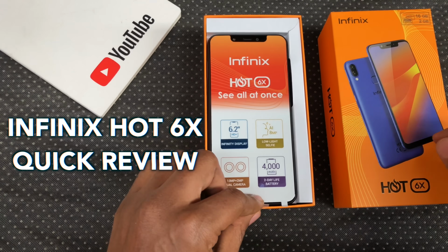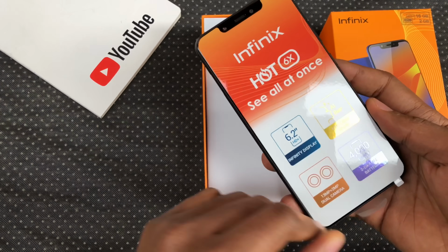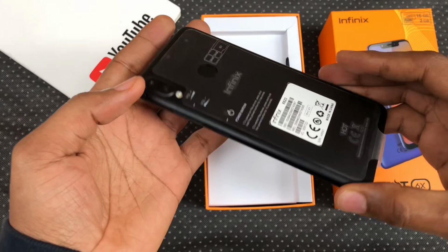Hey guys, it's Eric here and this is my quick review of the Infinix Hot 6X, the latest smartphone from